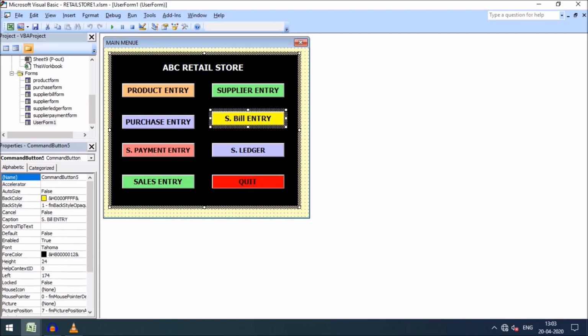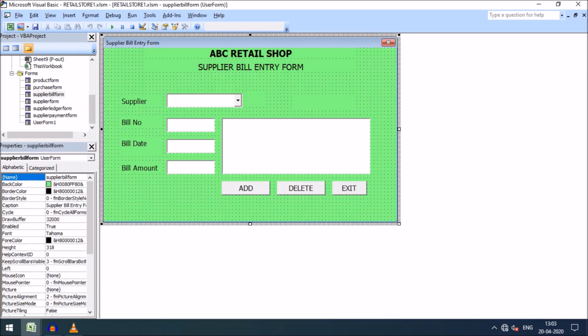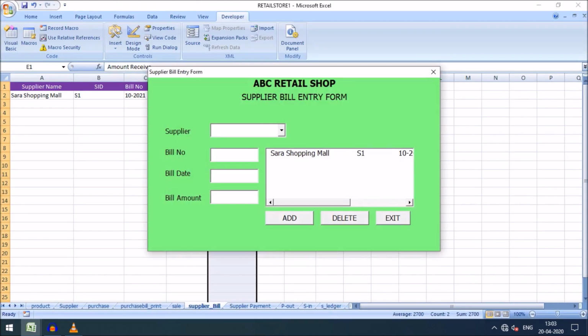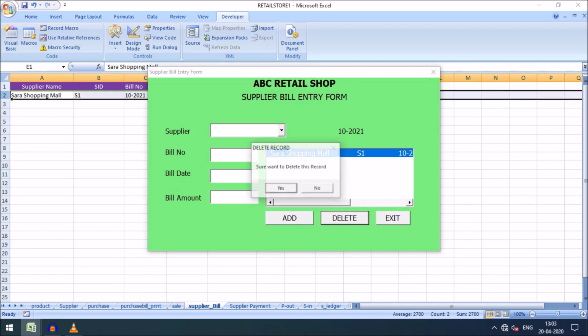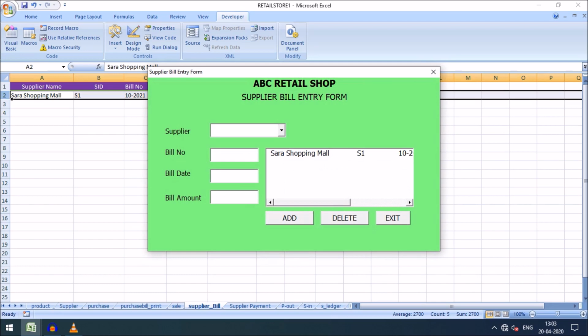Going back to my supplier bill form, you can see the bill number. If I want to delete this, I just select it and press the delete button. A message will be prompted: sure you want to delete this record? No, I don't want to delete this record at this time. Okay friends, these are the codes for the supplier bill entry form.